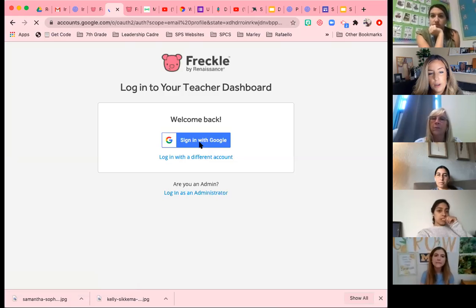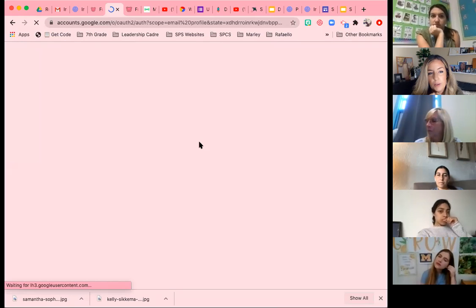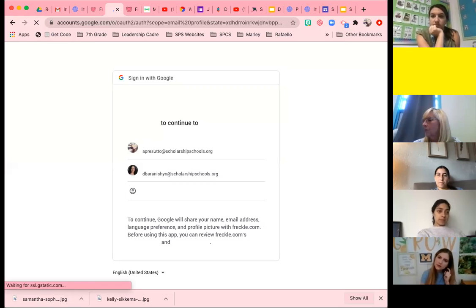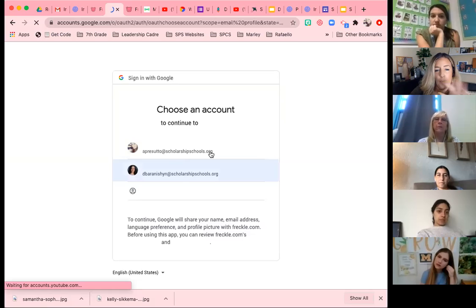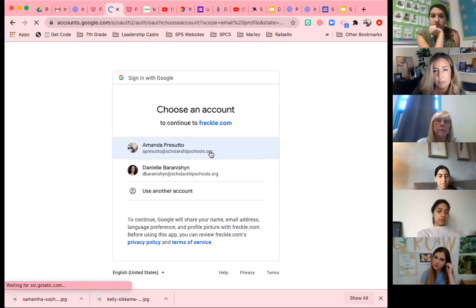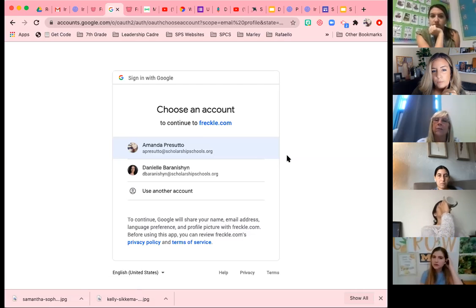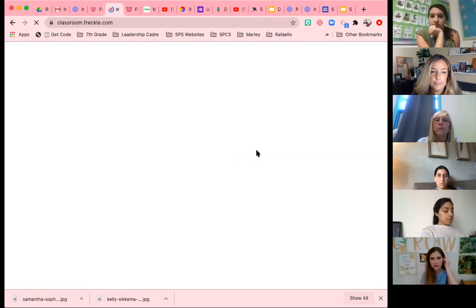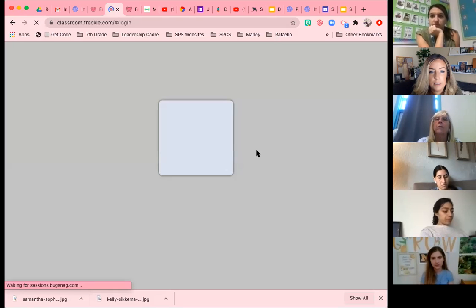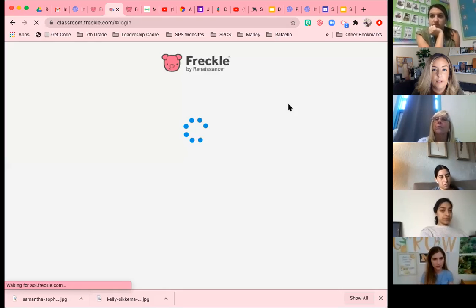So you just log in with Google, and then you will see your overlying dashboard. I believe everyone was new to Freckle except, and those of you who took the survey, there were like 4 or 5 of you who've used it before. So you'll log in with your account. I have so many tabs open, and whenever I record, it takes a lot of time to do things or